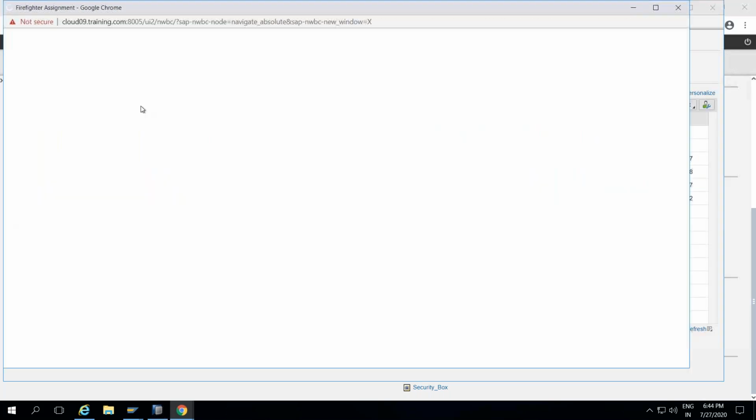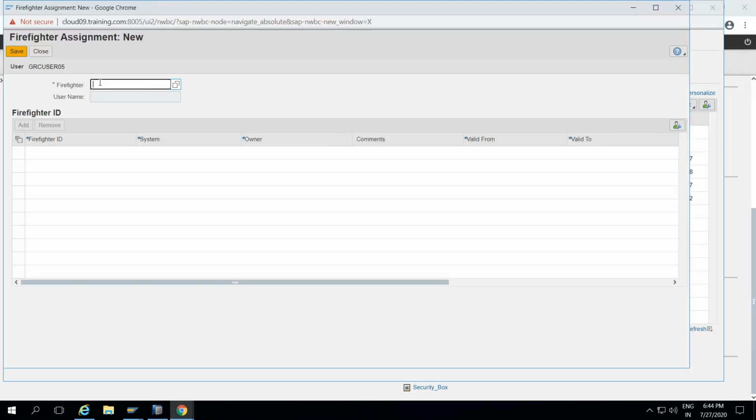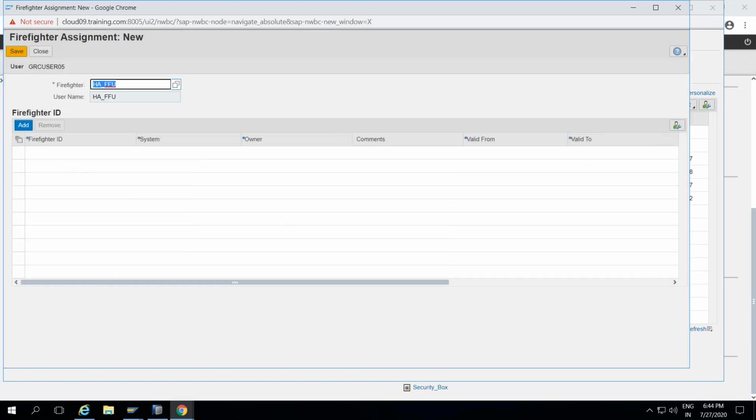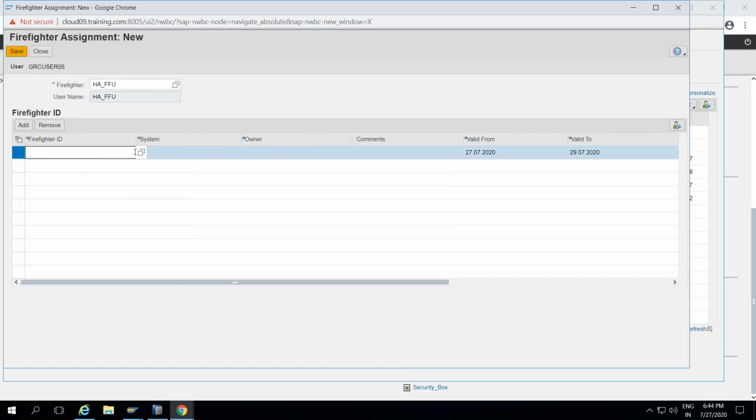Just click on assignment. Take the firefighter ID, HANA FFU, firefighter user. Yes, and click on add the firefighter ID.